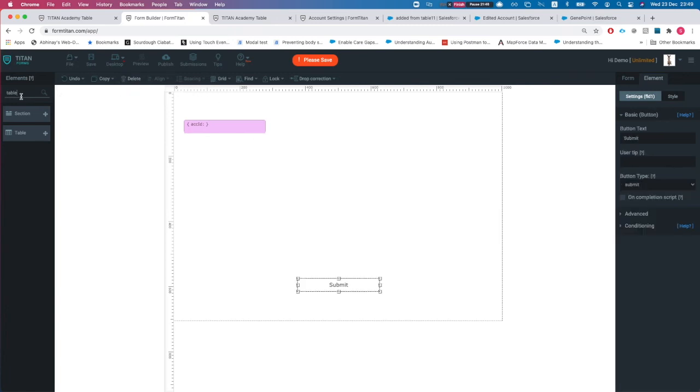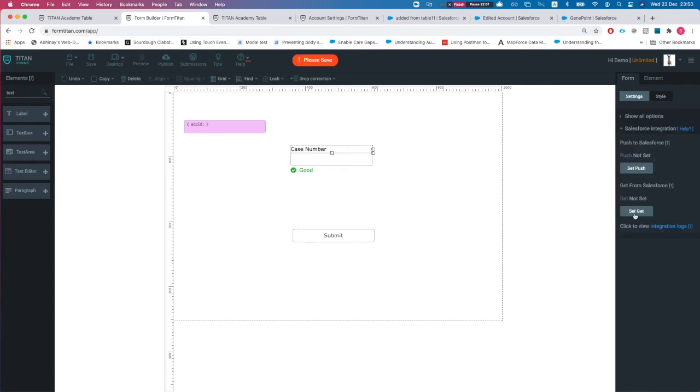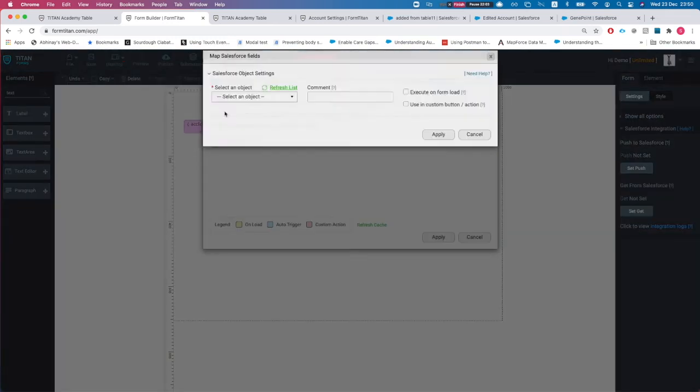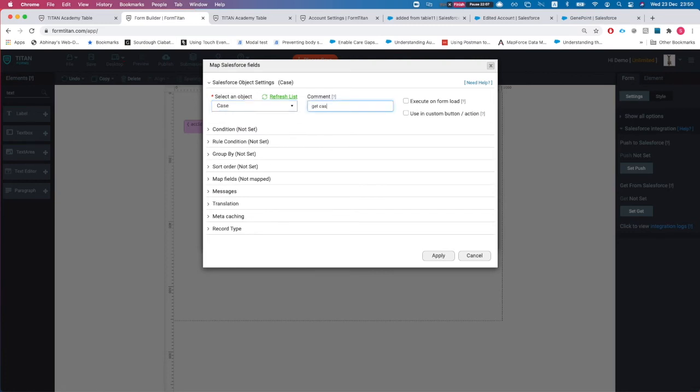No, let's just do a text box of the case number, and I'll bring in just the first case. Okay, so Salesforce integration, set get, add object, we'll call case, get first case,